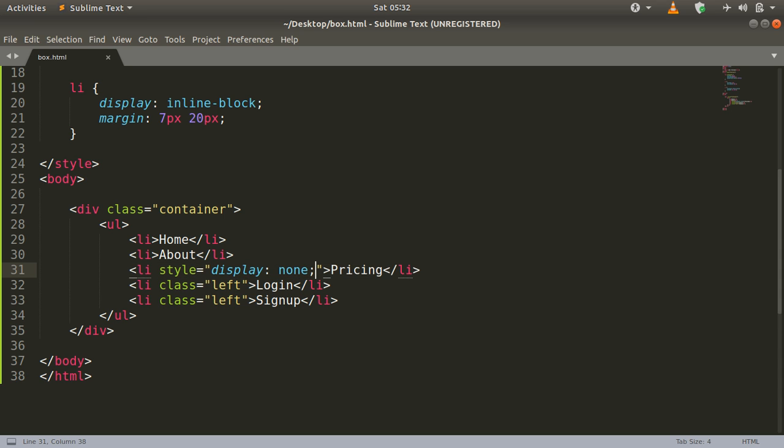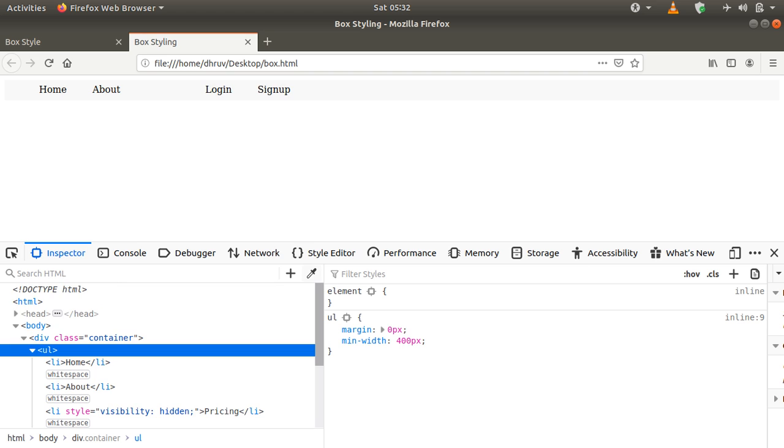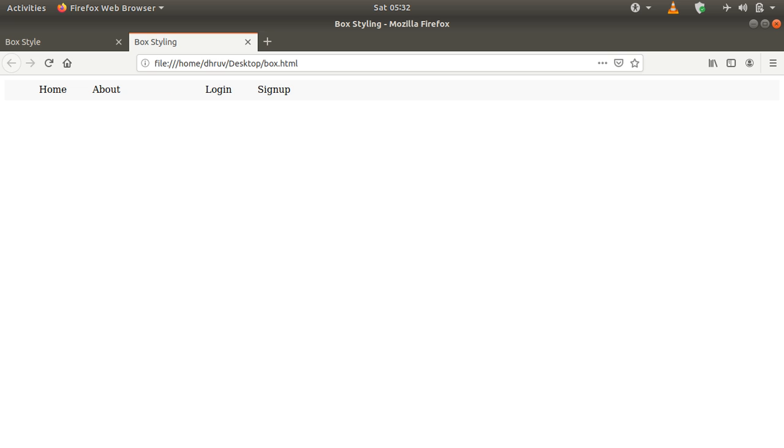If we want to have a blank space for a particular element which we don't want to show, then we can use the visibility property and set it to hidden. What it does is, it is not going to show the content, but instead it is going to show a space in place of that particular content.